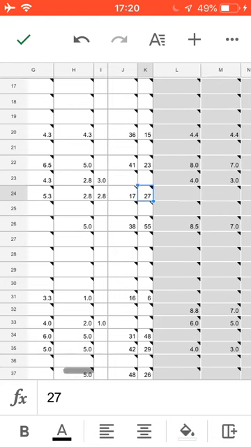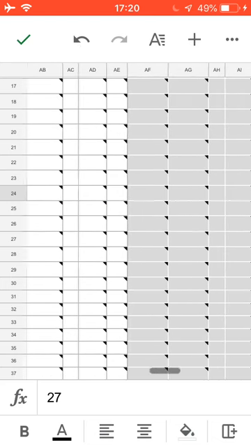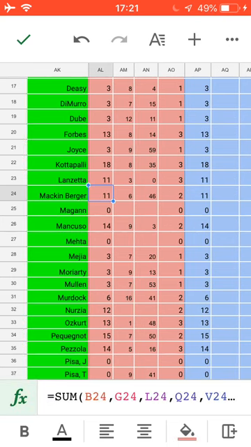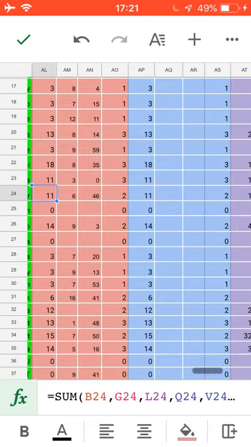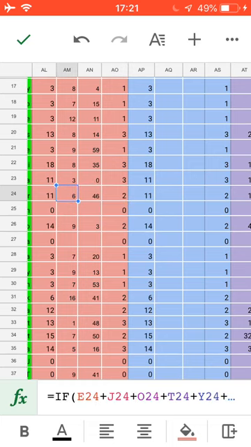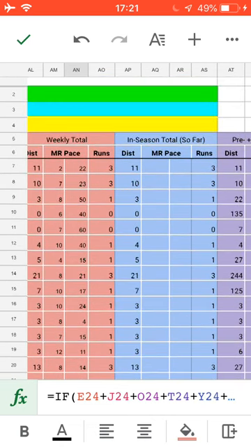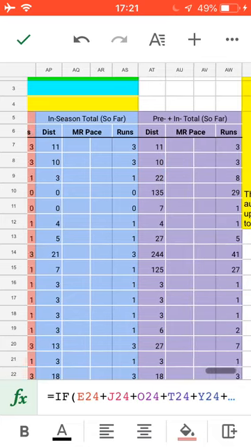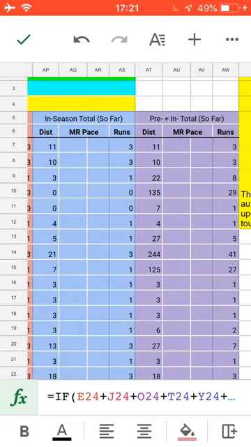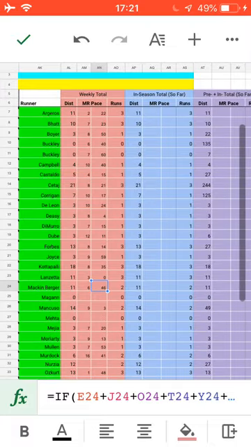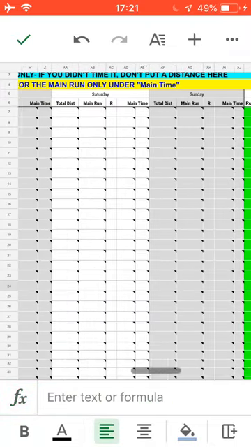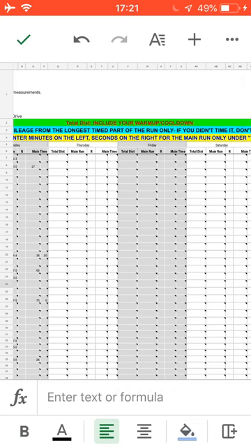When you enter this, what you'll find is off to the right, we'll stick on row 24, the data is put together. So this actually gives you the total miles that this runner has done for the week, the number of runs, so that's Monday and Tuesday, it's just 2, the average pace per mile for the main runs, and then it actually has columns for, you'll see here, total distance in season, and then total distance summer and in season. So there's a lot of good data here, and this can be used to help guide your rest, your training,